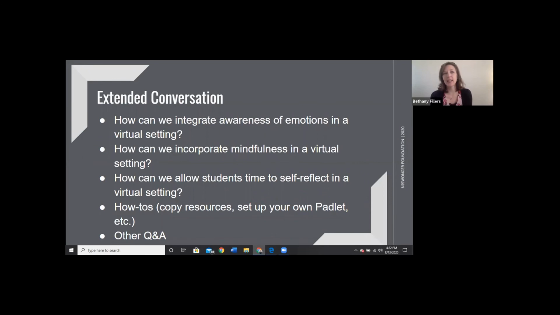I was thinking of that same example in the physical classroom space where I would have kids, like one of my bulletin boards would be just set up as a tree, and we would all just add leaves, and just over the year, it would grow like a little gratitude tree, or we would add other things to it. But in this virtual space, having that kind of bulletin board that's always up, or, like I noted before, that's always in the same place on your learning management system that you could direct kids to, or to Brandy's point, taking time every now and then just to tie a reflection to that type of activity.